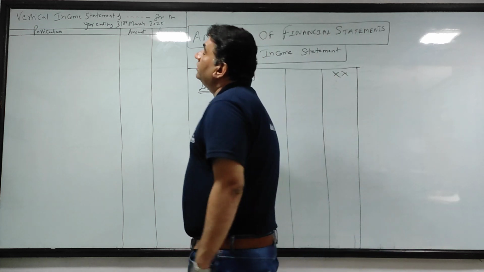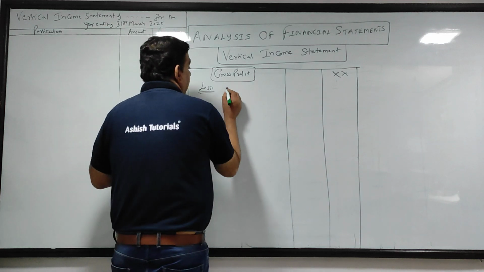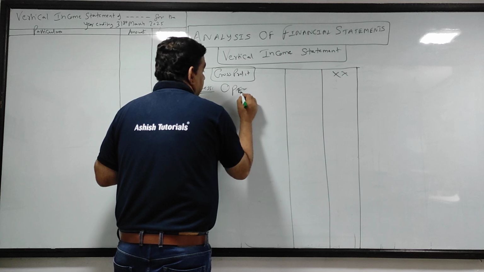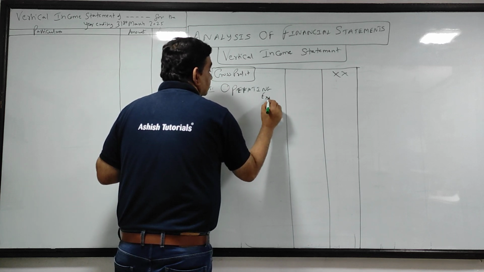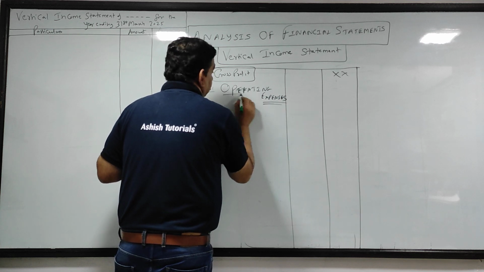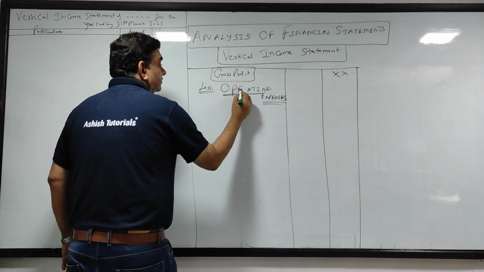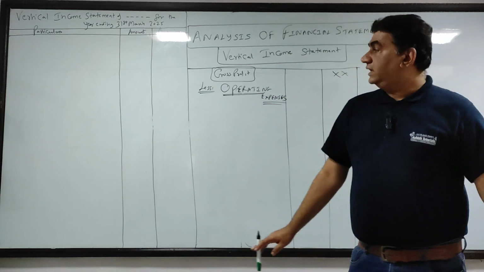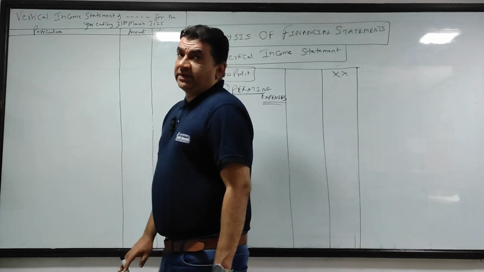So now the first step is, from my gross profit I deduct operating expenses. From my gross profit, I deduct operating expenses. Okay, I'll deduct operating expenses. Now, when I say operating expenses